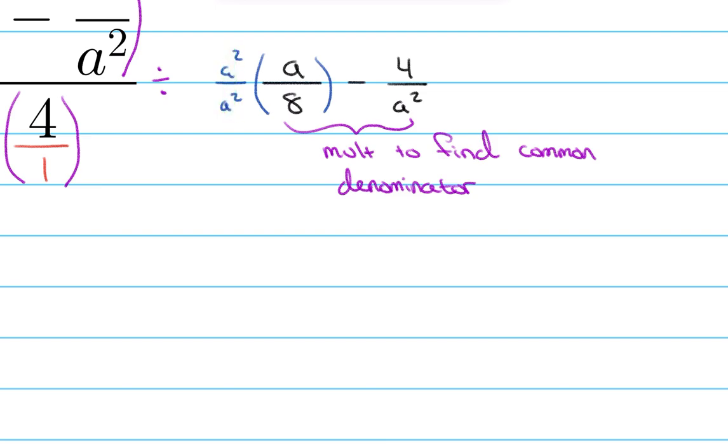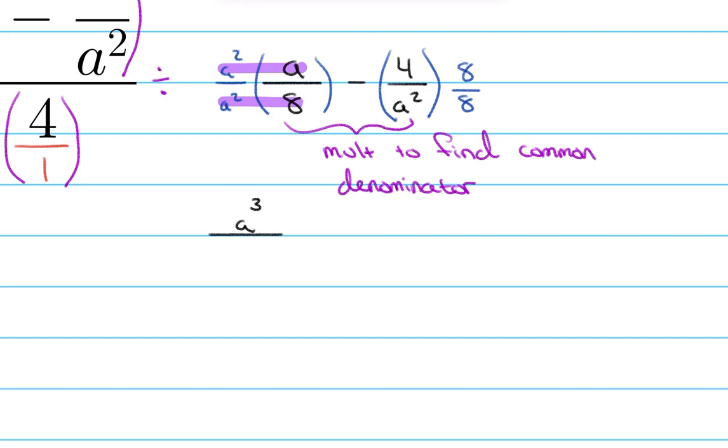Okay? And then on the other side, again, we're going to multiply the denominator by 8, so we have that common denominator. But whatever we do to the bottom, we have to do the top so that we keep the value of the fraction the same. Okay? Again, we're multiplying fractions. We did that earlier. So if I multiply a squared times a, I am going to get a cubed. If I multiply a squared times 8, I am going to get